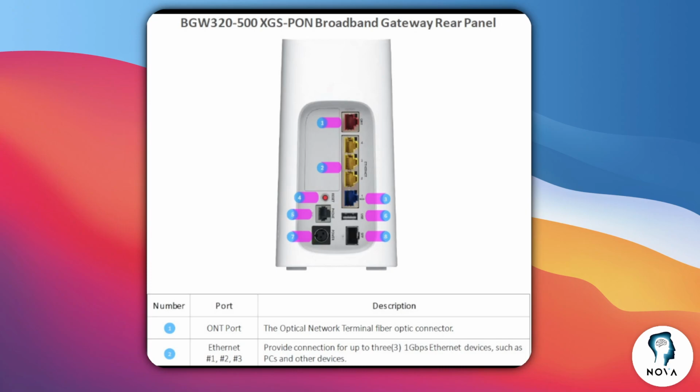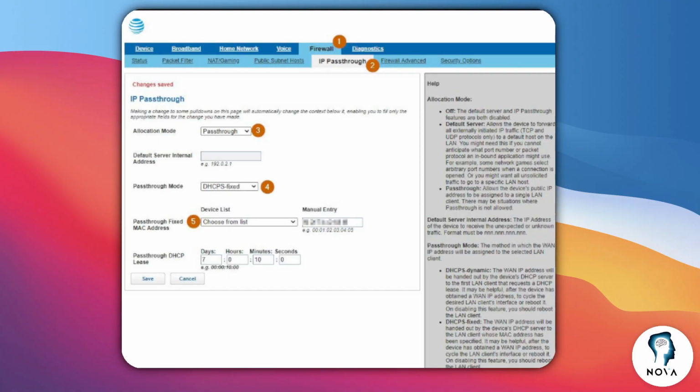So the first thing that you would like to do is basically connect an Ethernet cable from one of the BGY320 LAN ports, usually the blue or yellow Ethernet ports, to basically the WAN or WAN/internet port on your router. Then you would like to go to the URL of, as we said before,